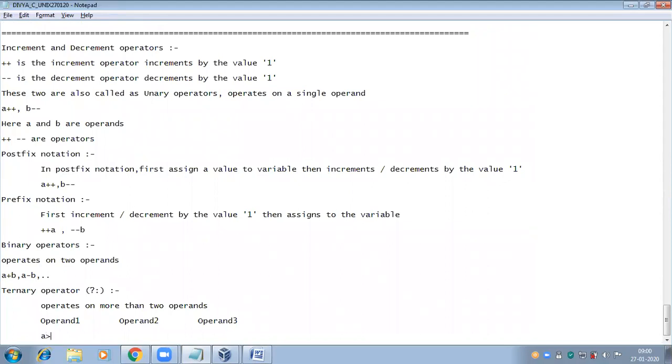A is greater than B. If the condition is true, then A is the biggest number. If the condition fails, then B is the biggest number.